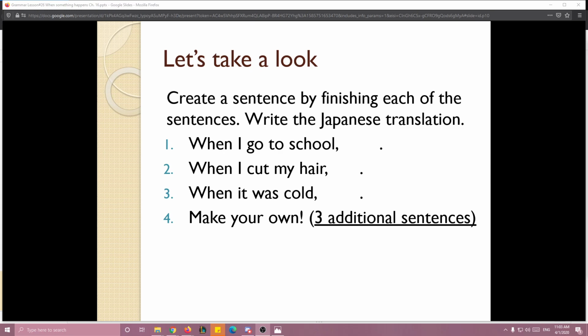So, when I go to school, blah, blah, blah. When I cut my hair, blah, blah, blah. When it was cold, blah, blah, blah. Now you can look at these. Notice that I'm saying when, action. When, action. You can probably take a wild guess as this is going to be our time reference in this case. And then I would like for you to try to come up with your own endings to see what you come up with.